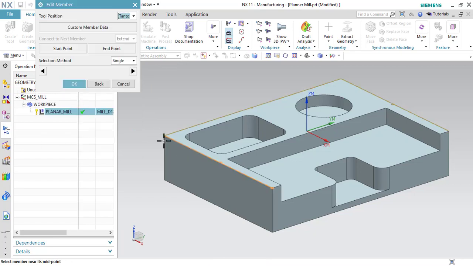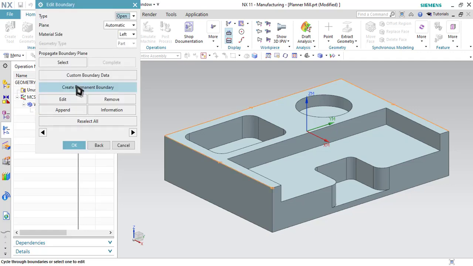Here the first line is selected already. So for that you have to switch the tool position from tangent to, to the on option. Once you switch from tangent to the on option, it will add an extra toolpath line which is onto this surface. So I have selected this on option. In the first line, let me click on next, and the second line will be selected. I have to select the on option for that and go to next one more time so that we can have the third line, and select on for that too and click OK.